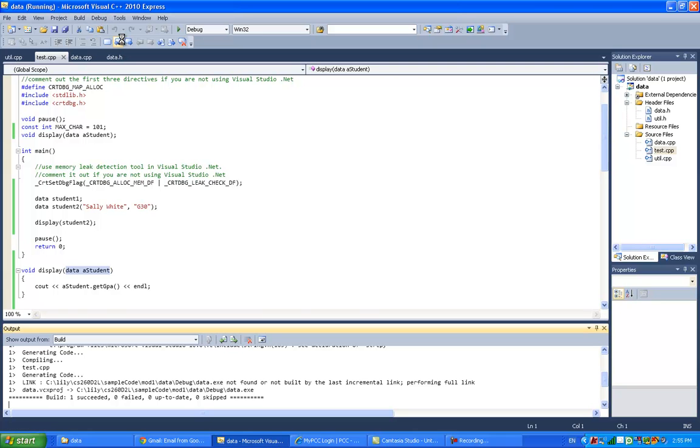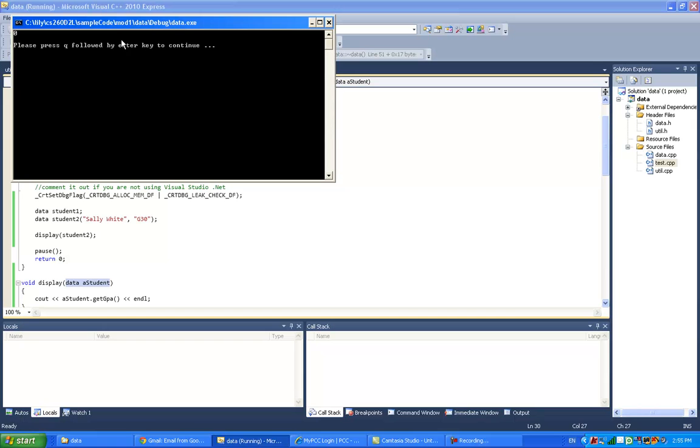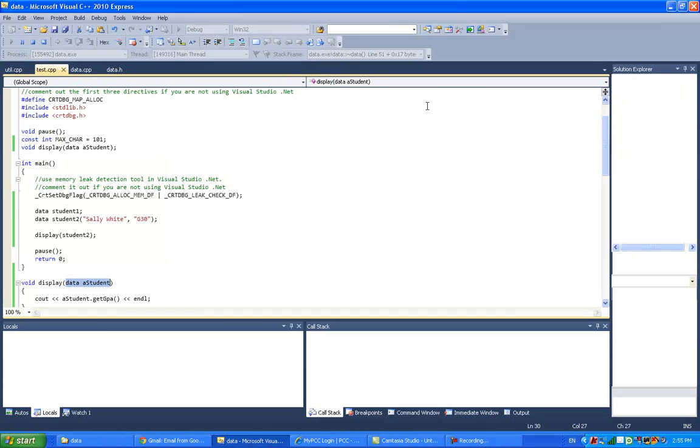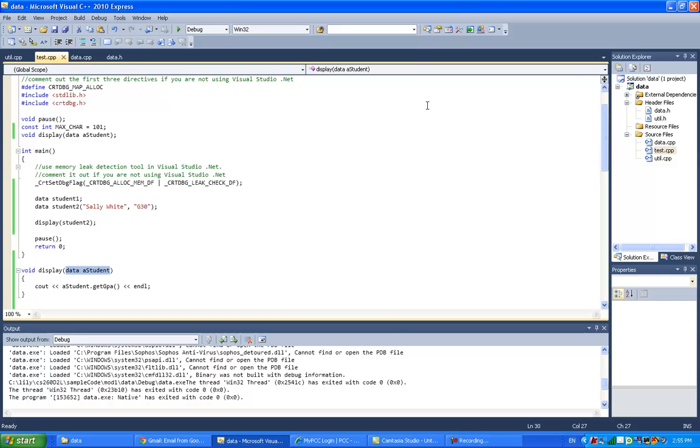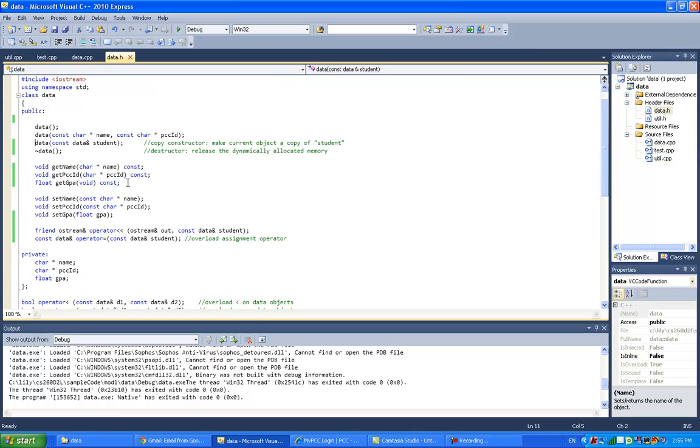Alright, now let's start debugging. And this time it didn't complain, and we don't have a memory leak either, because I use a memory leak detection tool here. So now let's see. In our data file, we took a look at the different constructors, and the copy constructor gets invoked when you